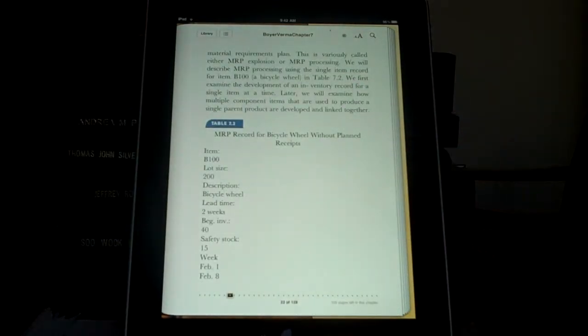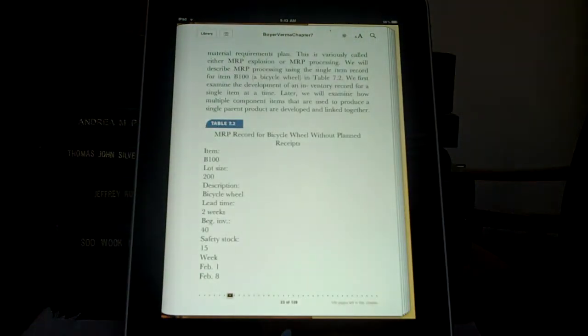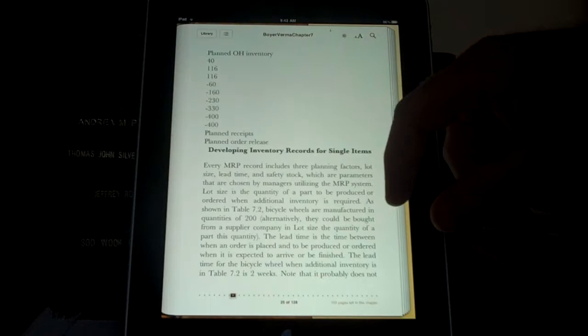Table 7.2, which is the table on page 244 of the book. Again, if you can cut the picture. Okay, now longer term, we don't need to do this now,